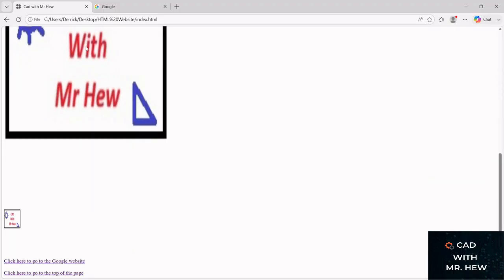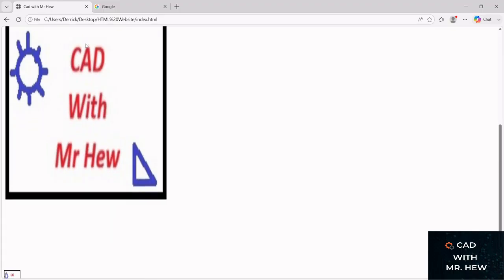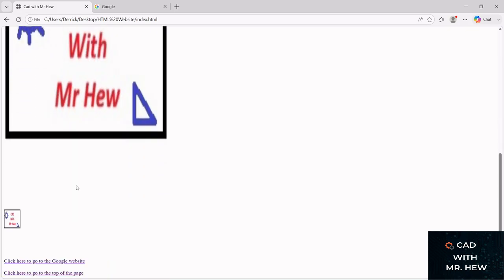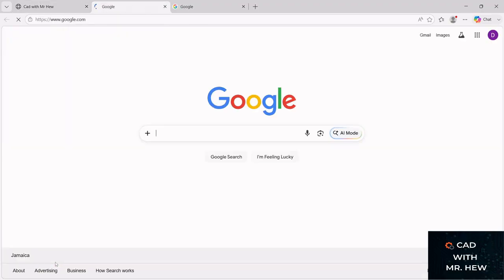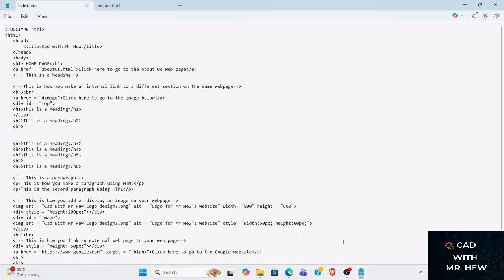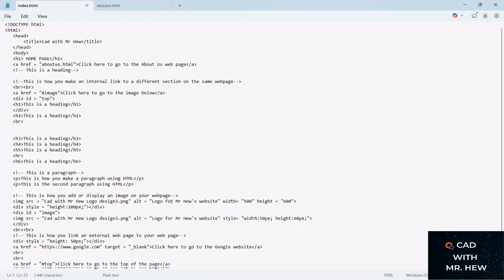So this is how you can make a web page to navigate to an external website, like Google. There is Google, right? And if you want it to be in the same tab, then what you would do,